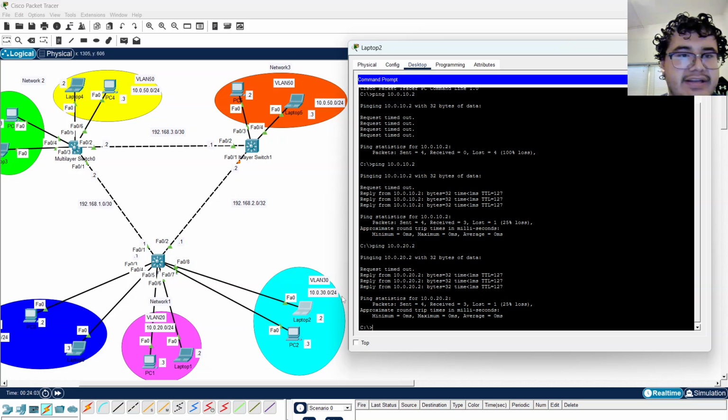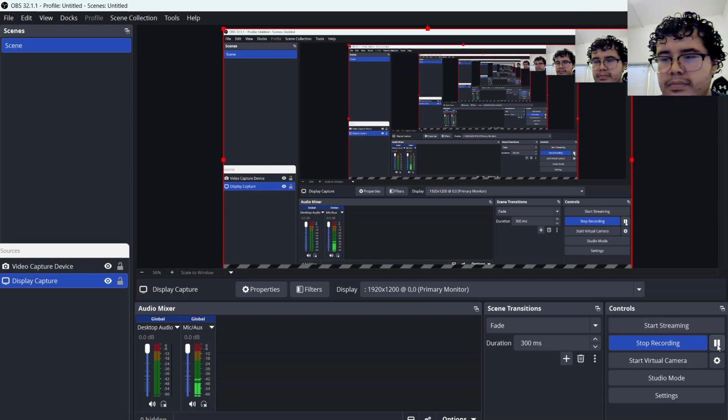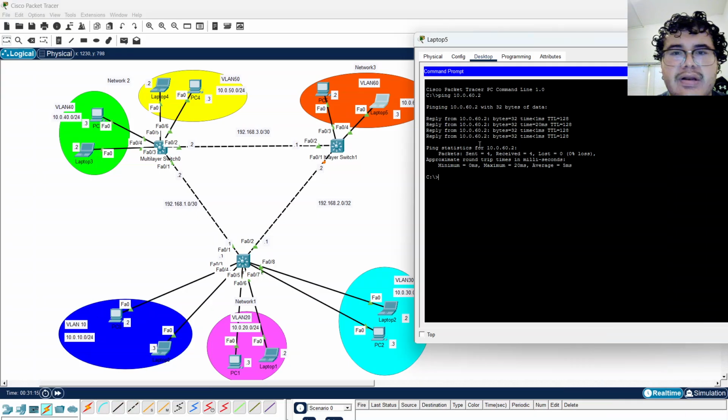I will pause it here, and then I'll configure network 2 and network 3, and then we will start doing these routes, or these interfaces right here, the crossover ones. All right, I'll be right back, okay? All right, I'm back, and just to confirm it, they're able to ping here,